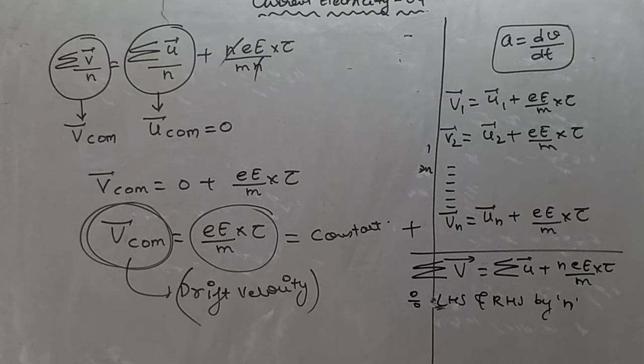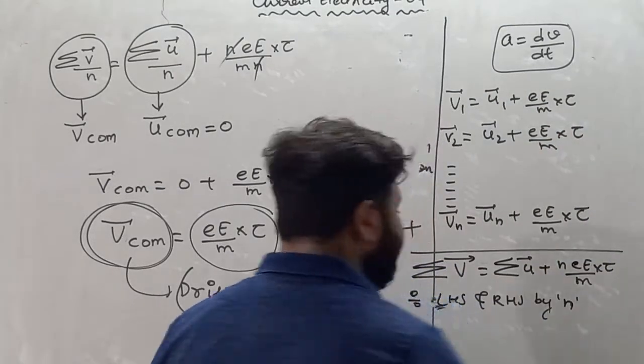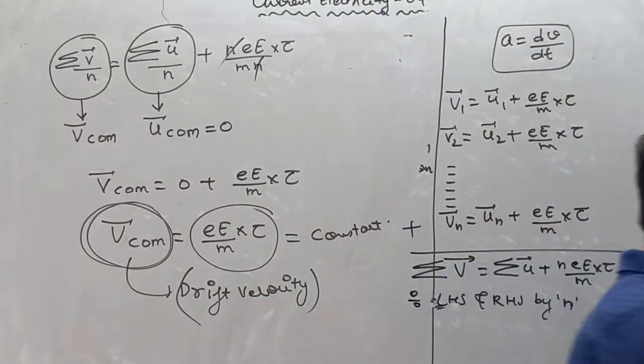So I hope you all understand about the drift velocity. Drift velocity is that velocity of the free electron which is achieved after connecting the battery. It is sort of complicated, and a sort of confusion will be created in this topic. But if you are aware of each and every concept, then there is no confusion at all.